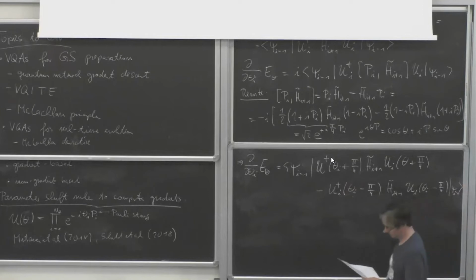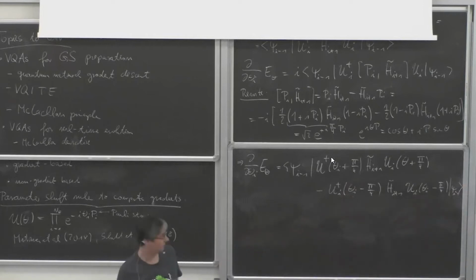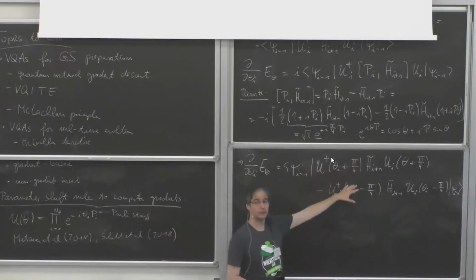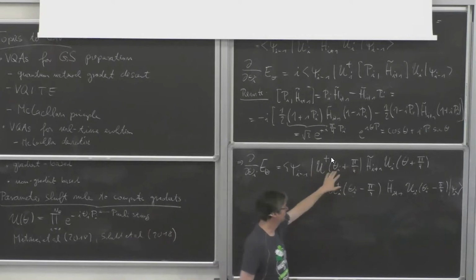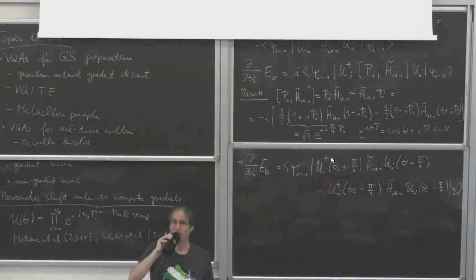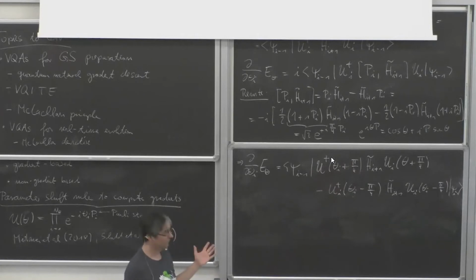Okay, so this is how you compute the gradient, right? You can see that the gradient, you can compute it in the exact same way as you compute expectation values, right? And this is the exact gradient. So this is an analytical result for the gradient. Of course, these will be affected by shot noise, but other than that, this is much better than using the finite difference method, right?